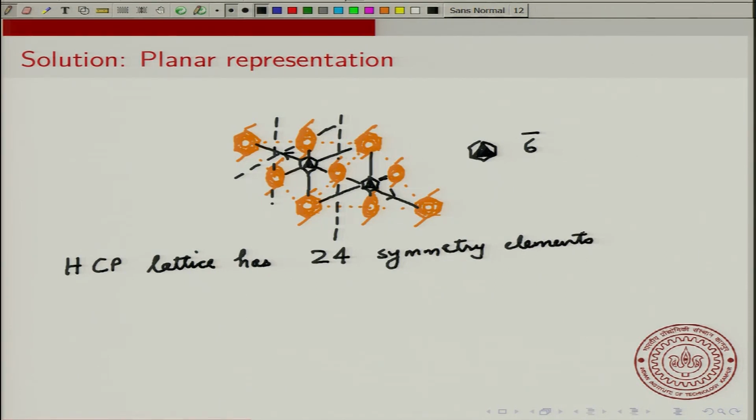So with these 24 symmetry operations, you can generate the entire HCP crystal. So it has a total of 24 symmetry elements, and these are the unique symmetry elements, unique in the sense that you only look at those in the